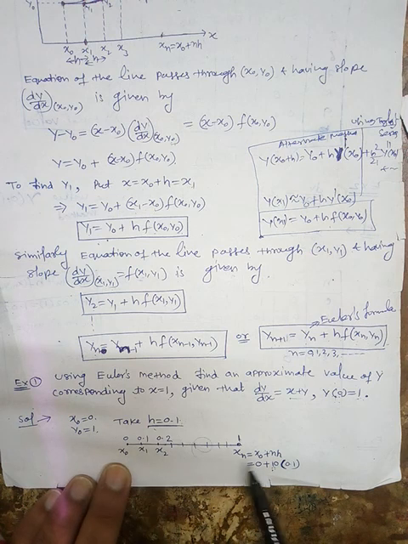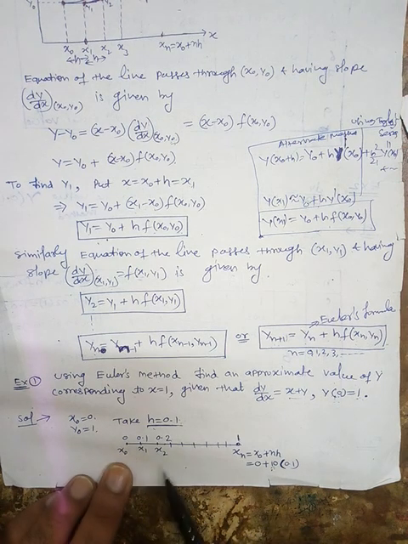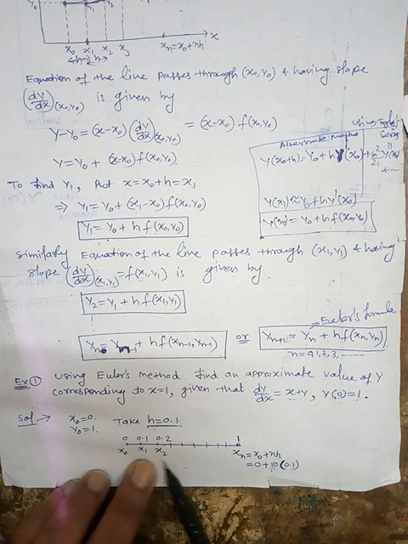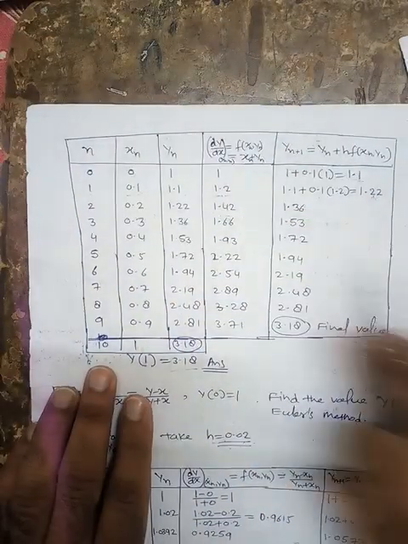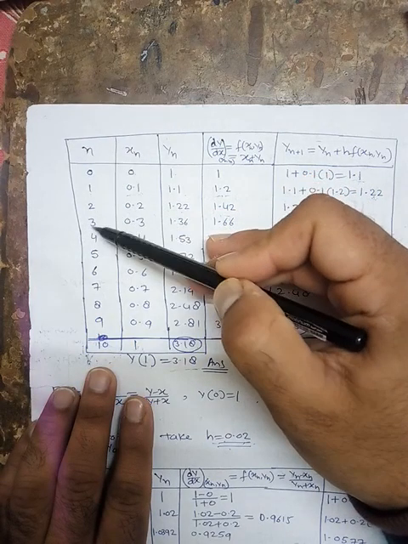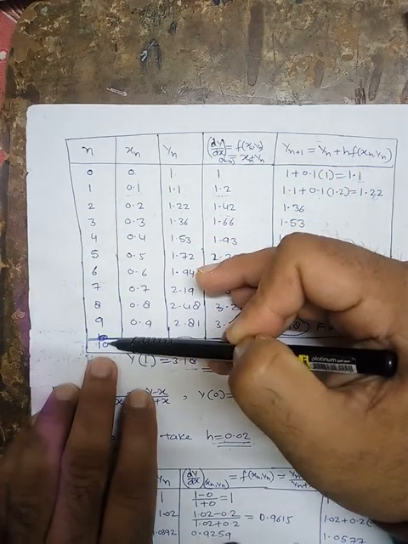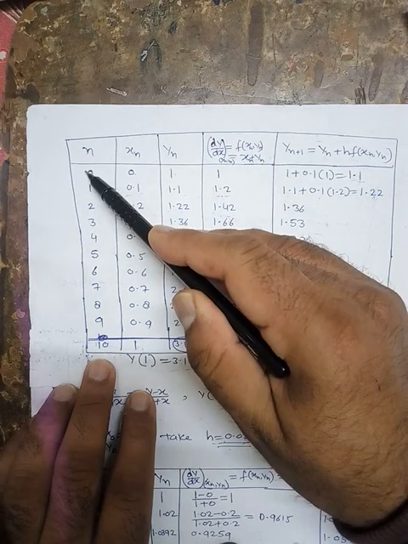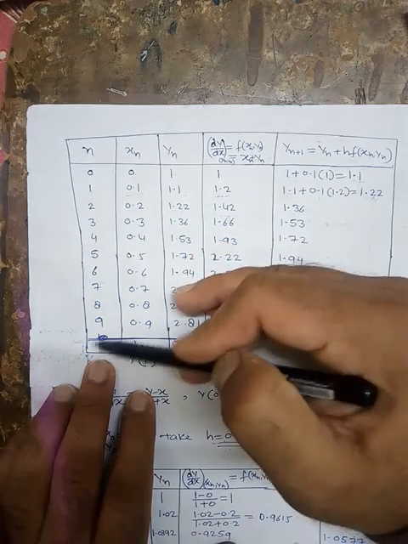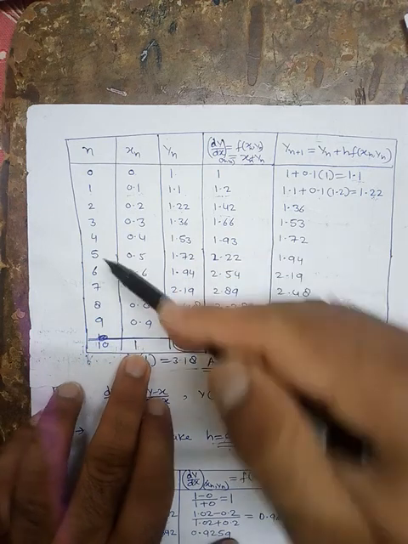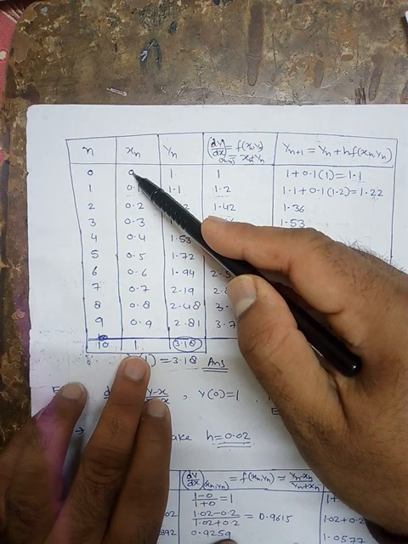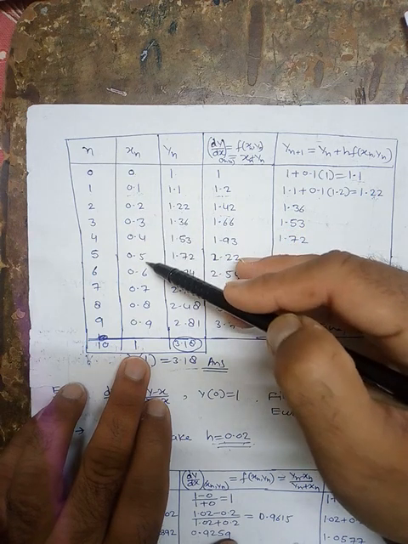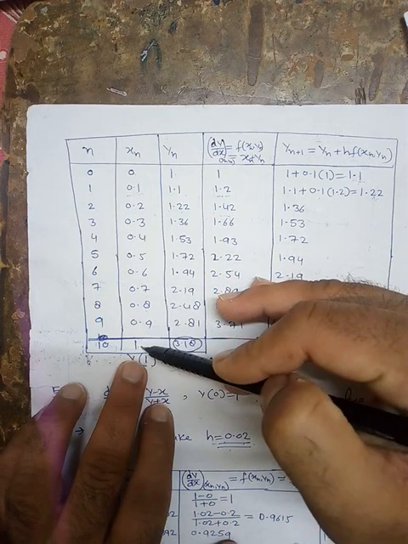So here x naught to xn, x naught is 0, step size is 0.1, so you have to evaluate x1, x2, up to xn. We will do this in tabular form. So n is 0 1 2 3 4 5 6 7 8 9 and 10, because we will get y0, y1, y2, y3, y4, and this will provide you the value at 1. What is xn? Xn starts from 0, step size is 0.1, so 0.1, 0.2, 0.3, 0.4, 0.5, 0.6, 0.7, 0.8, 0.9 and then 1.